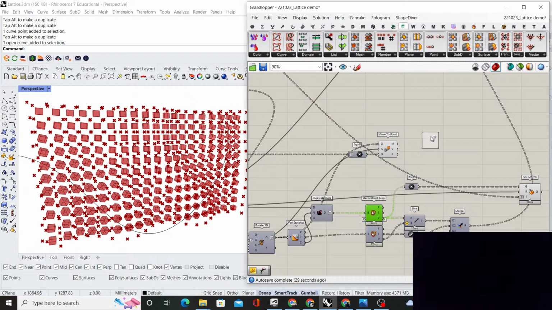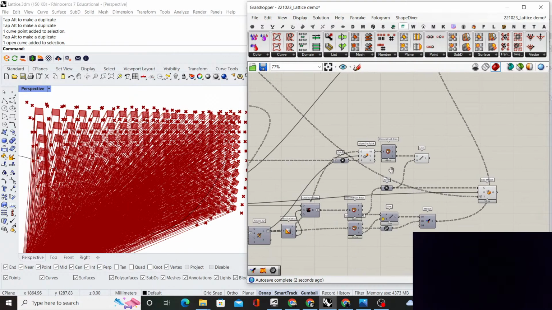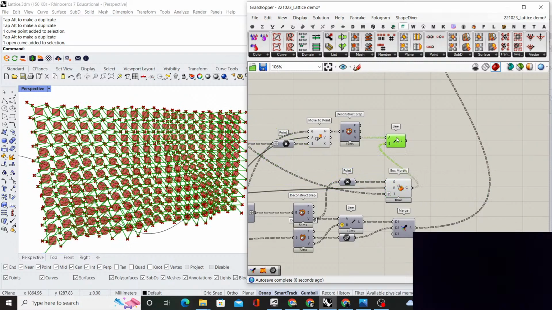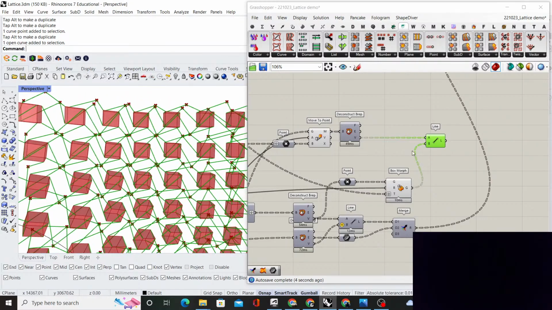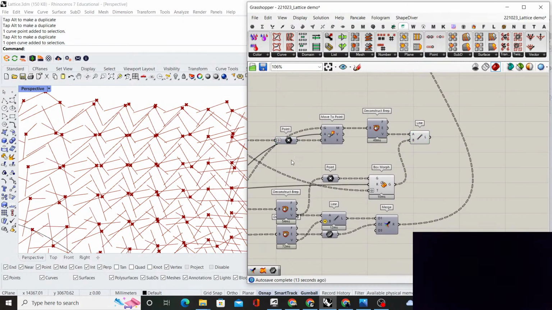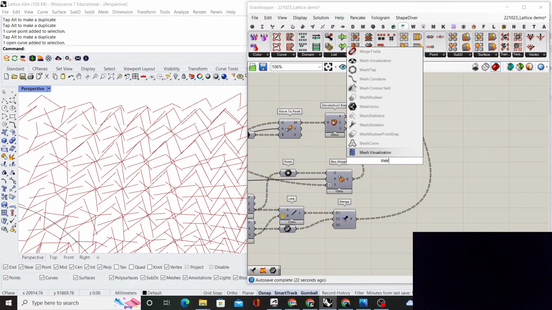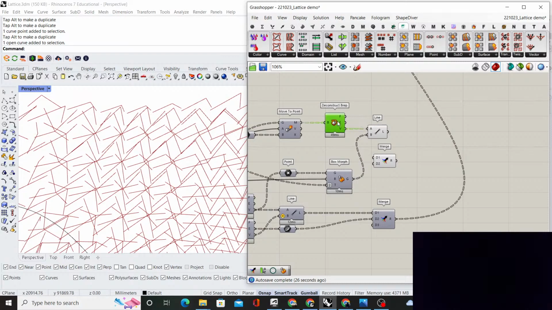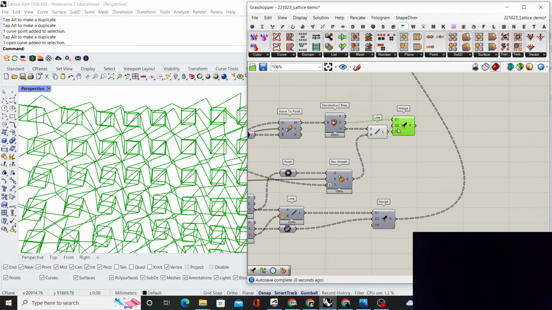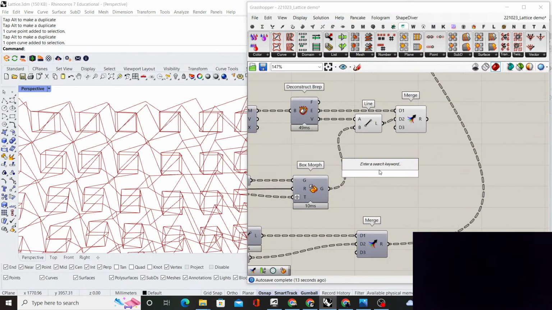We just need to take the edges, deconstruct the brep, and we need to connect the points right here and here. So, no, sorry, not here, but here, right? This one. Is it correct? Yeah, I think so. And then we just need to take the brep edges from these breps. Just need to take the edges and the points. There we go. Yeah, here it clearly twisted a little bit,